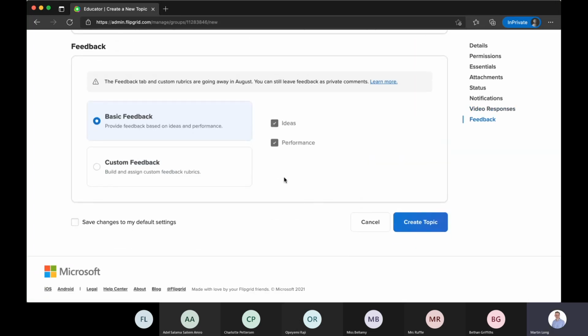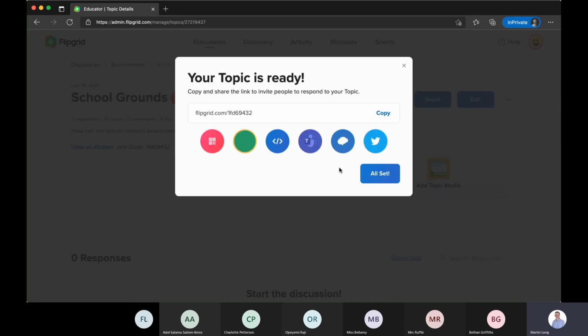Feedback at the bottom, you can get feedback, but it is something that's going to be removed by Flipgrid in August, so I'm not going to labour it too much. All I will say about it is I would leave it as basic, although you can go in and have other customised options, but it's not going to be here for much longer, so there's not a lot of reason to leave that. Once you've got all of those choices made, you create your topic, and after it's created,